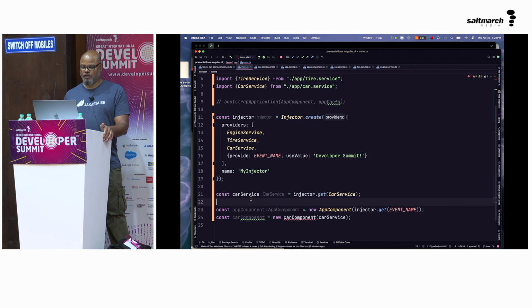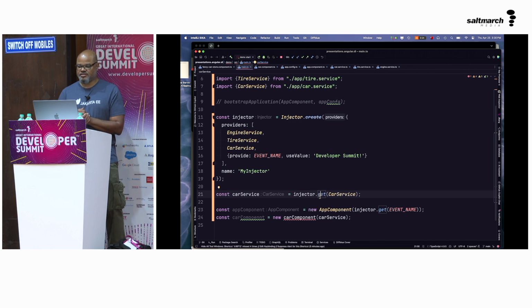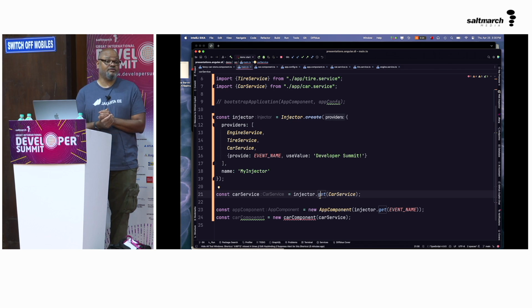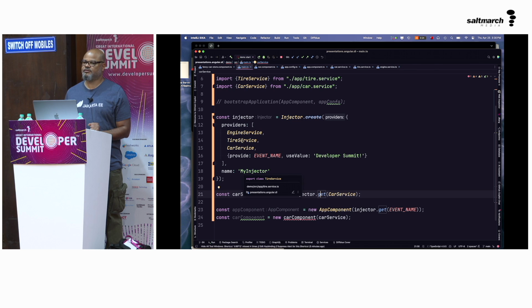And then I'm creating a car service, and I'm calling injector.get, okay? So this is basically telling Angular to create my car service using the dependency injection, okay? And it'll know how to do this because it has providers for engine service and tire service, and those are dependencies of car service, right? So that should work okay.